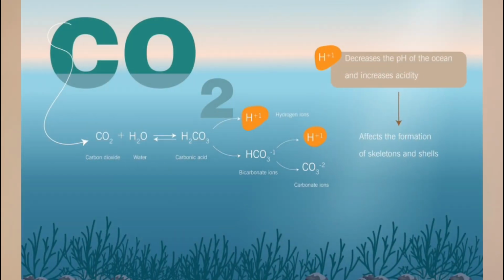Acidification is an increasing issue that is altering marine ecosystems as we speak. This process occurs when carbon dioxide in the atmosphere dissolves into the ocean water. The CO2 reacts with water to form carbonic acid, which increases hydrogen ion concentrations and lowers the pH, making the ocean more acidic. Ocean acidification reduces the availability of carbonate ions, a key building block for marine organisms like corals,